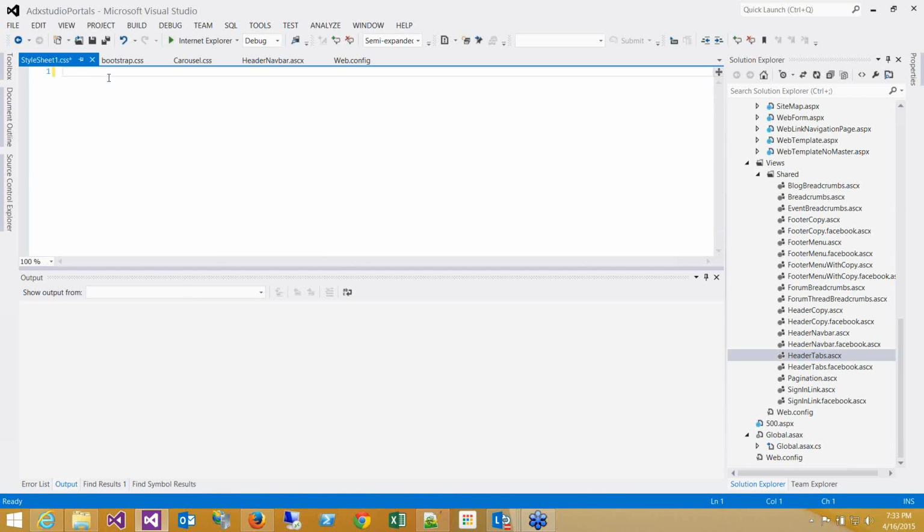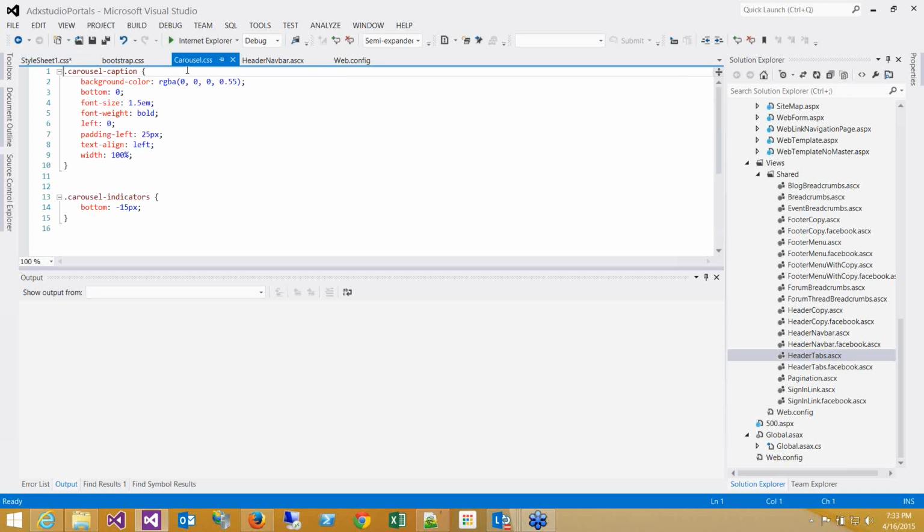And within that style sheet, we were going to upload the carousel captions and the carousel indicators, which I've actually already done in the previous session, but I will do again. So we're just taking the carousel caption class, we're adding a semi-transparent background, we're making it flush against the bottom and left edge of the image, we're increasing the font size, making it bold, and also offsetting the text about 25 pixels off the edge of the image. We're also moving it, instead of being aligned center, to be aligned left, and we're going to make it span the entire image. Then with the indicators, we're just going to drop the indicators down a little bit so that